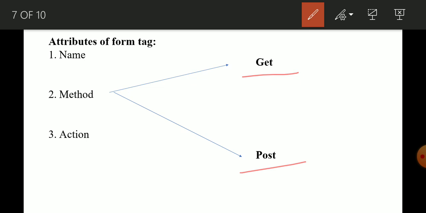It can only send limited characters. And in the post method, data is not visible in the address bar and there is no limitation of characters. If you do not specify any method, then by default the get method is used. Third is action, which tells where to submit or send data. In this attribute, you have to specify the path where the form is to be submitted.